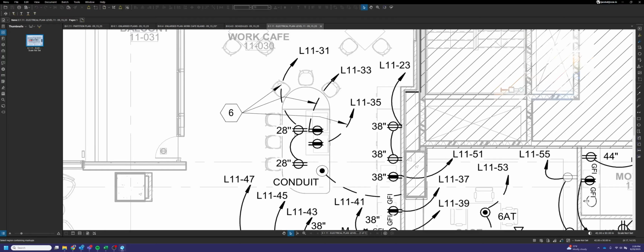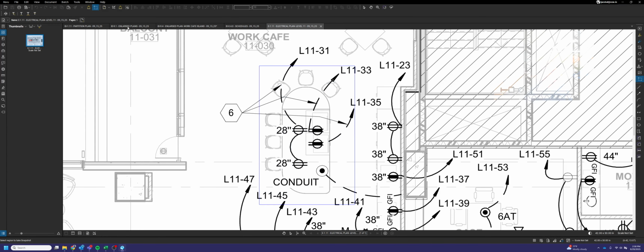these symbols right here represent a duplex outlet, meaning it's just two outlets per outlet box. You can see there are two of them on the front, and then there's one in each microwave cabinet right here. Something also worth noting is that this outlet is 28 inches off the floor. When it says 28 next to the outlet, it means that's 28 inches to the center of the outlet from the floor. Something to keep in mind, because we're going to be showing those outlets on our drawing, we need to